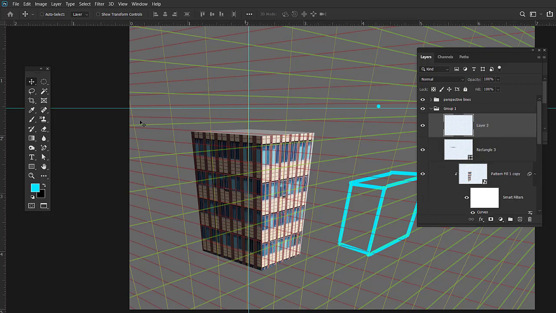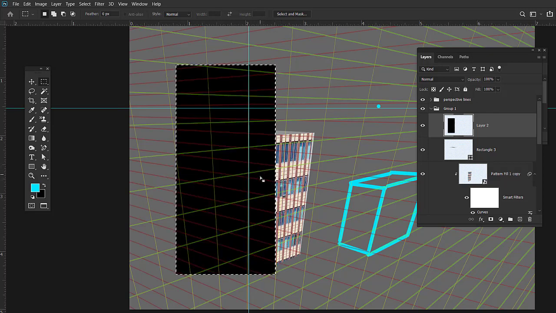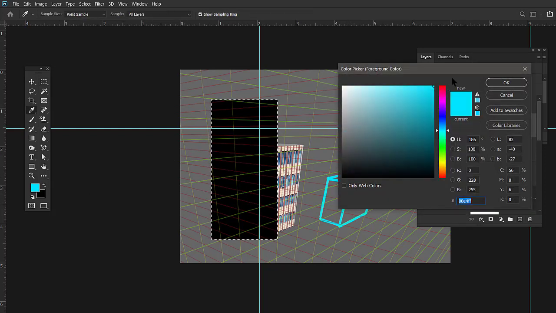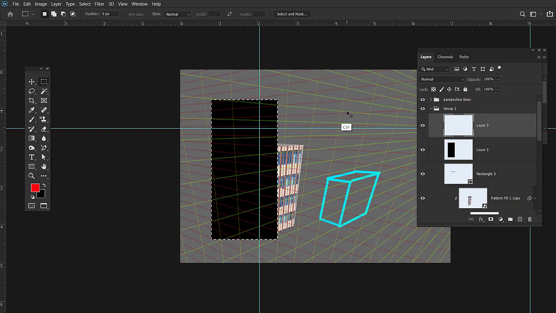Make a brand new layer. Grab a rectangle tool, fill it with black. Okay, and we're going to match perspective. Now I'm going to make a new layer so I can make a point here, literally. Command D, hit my B key for my brush. So if lighting is coming that way from the back, then this shadow,